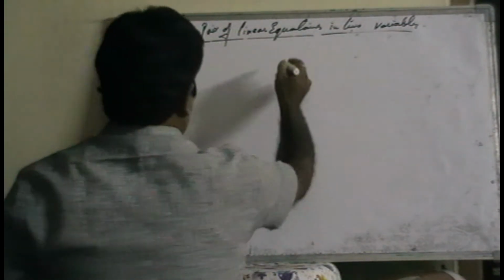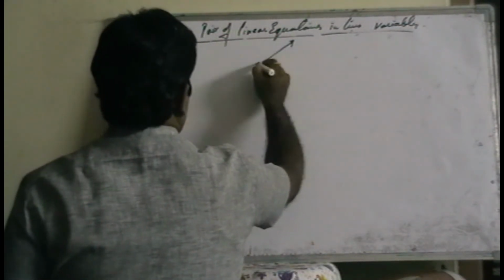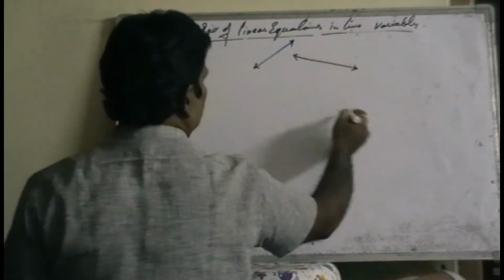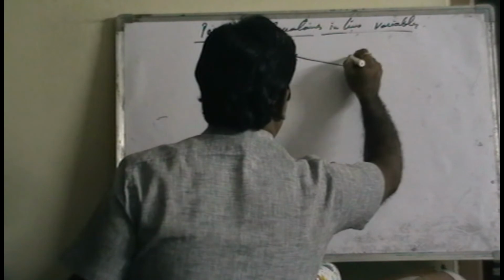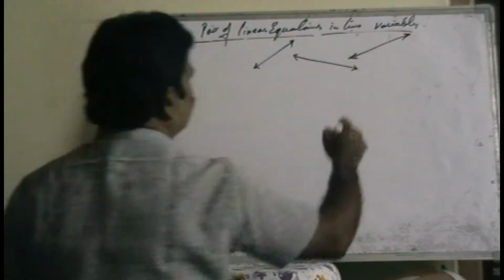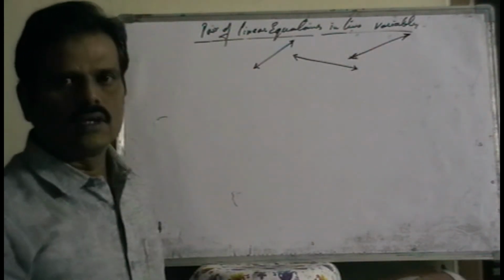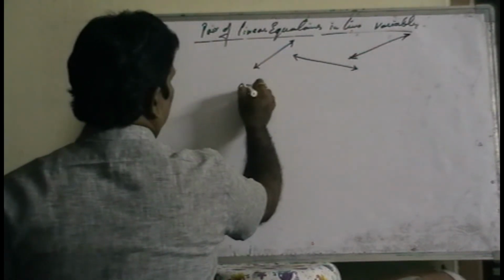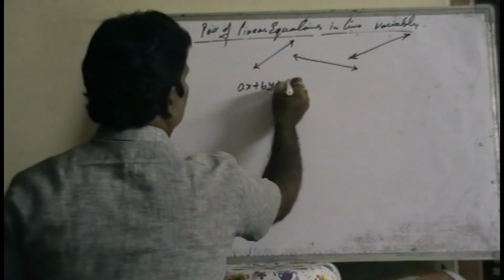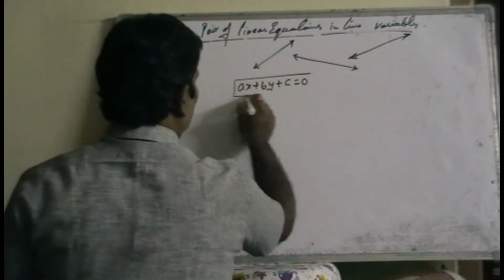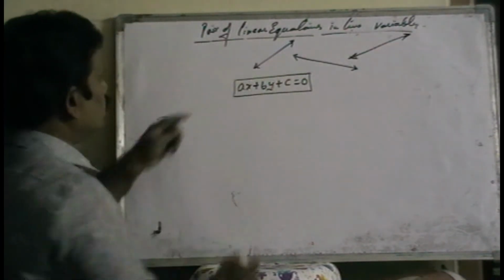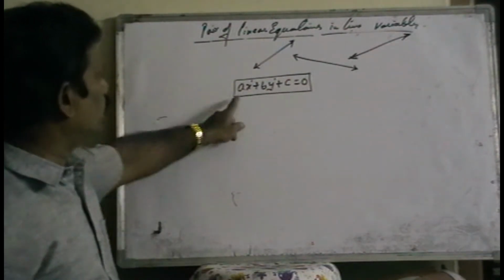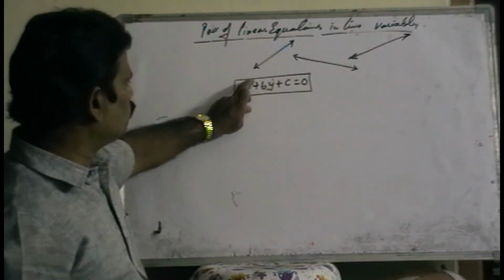So it is one line equation. So it is a linear equation. Here one more line is there. It is also a linear equation. Here one more line is there. It is also a linear equation, a different line equation. So every equation's general form is nothing but ax plus by plus c is equal to 0. This is the general form of a straight line equation or linear equation, because powers of 1, first degree in two variables, is called a linear equation, right?